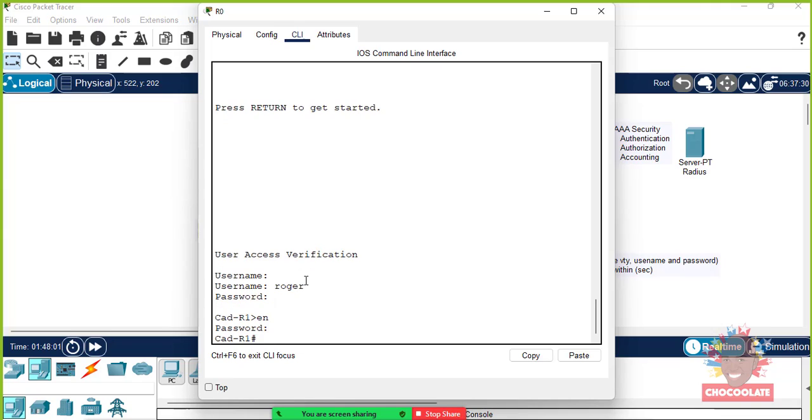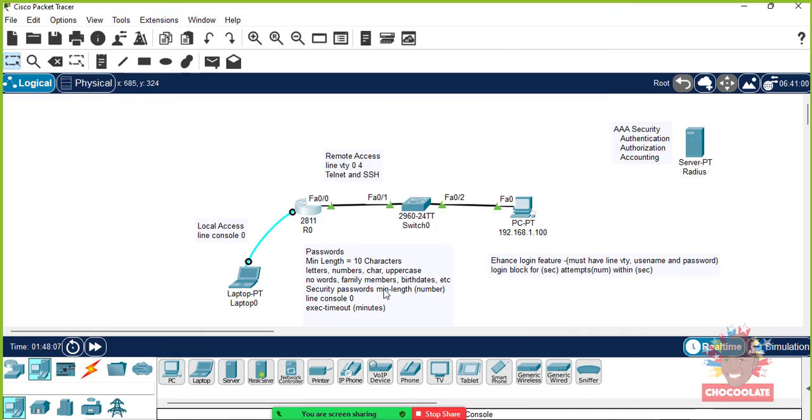Right, so what we're going to do is improve that by setting up a minimum password length on a new user that we'll create. And let me just come out of here for a little while. I'm going to set up the exec timeout also, so we just can't have people trying a dictionary of logins to get onto the specific network. So what we'll do basically is